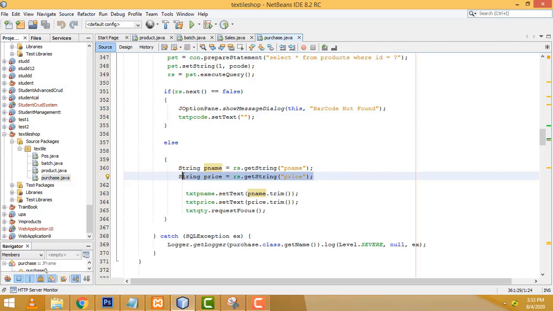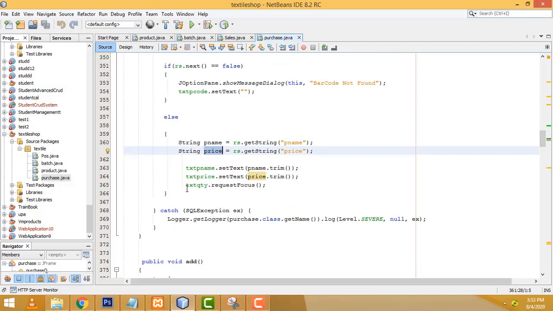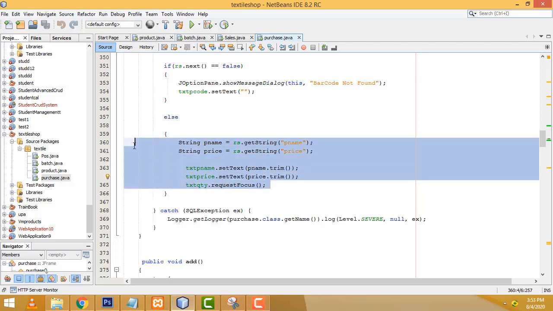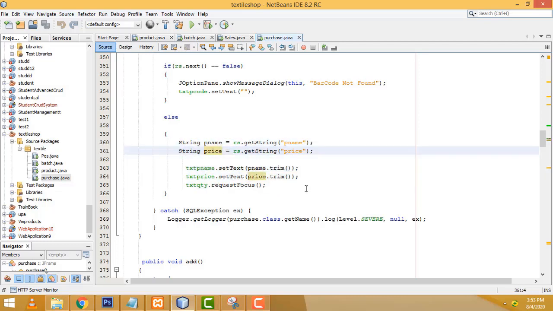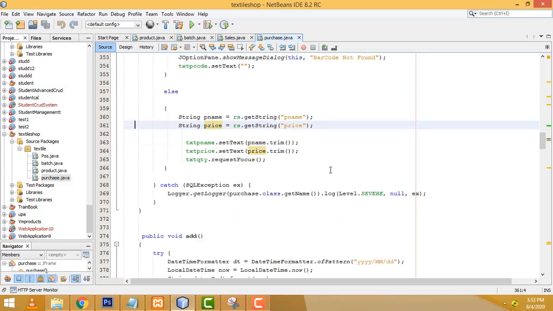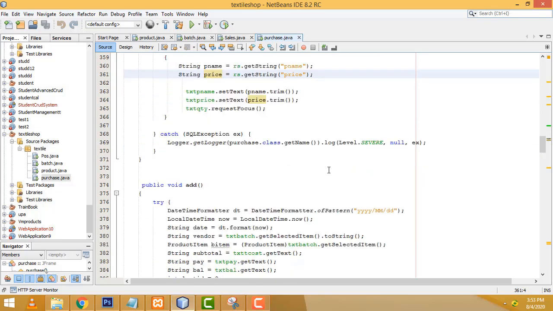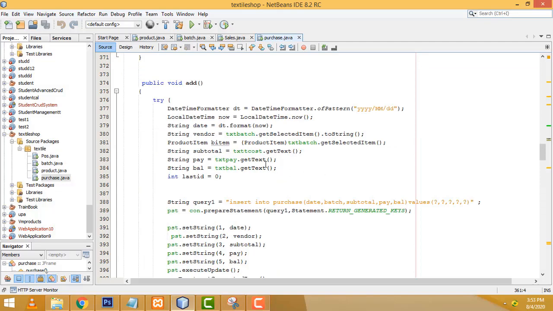So we have to get all the data and assign it to the relevant variables over here. Now here we have to write txtp name, set this variable here, set this price over here. After that, focus. We have to write like this. Simple, the very simple way, you have to write like this. After that, what I did here is